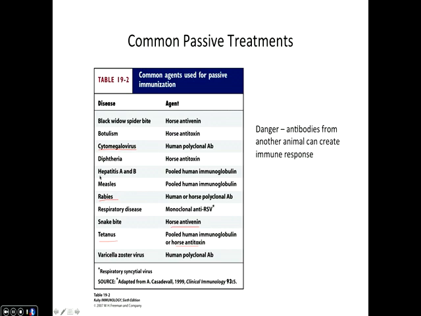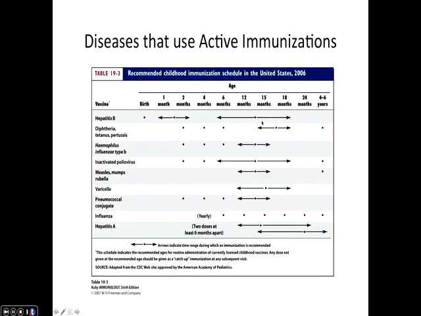A lot of these are given to people when you're traveling to countries that have a lot of disease, if it's hepatitis A or B or things like that, where you might be exposed to things that you're not commonly exposed to, and so you don't have a robust immune system for them. So you'll hear things like getting gamma globulin shots to help boost up your immune system and protect you against the types of exposures to pathogens that you might see in those countries that you're not normally seeing in America. Now, again, short term.